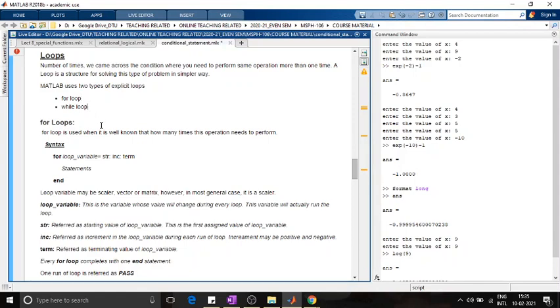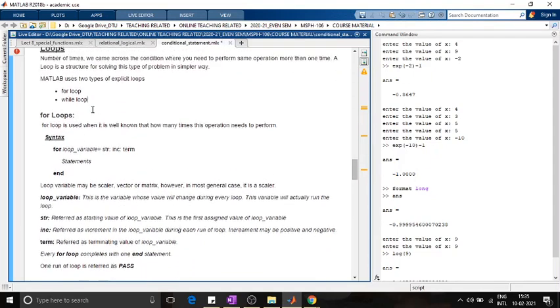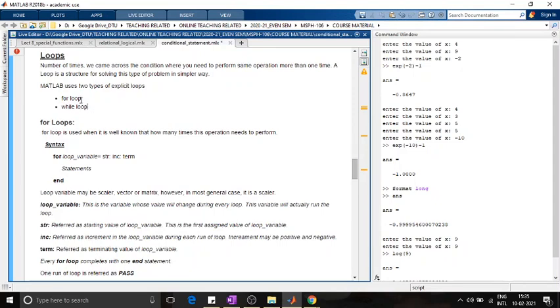I hope it is now clear to all of you what the two different conditions to run a loop are, and based on those conditions, two loops are given. The for loop is a loop which is preferably used when you know how many times you have to operate the same operation. So when the number of terms is known to you, in that condition you use the for loop, and the condition where the number of terms is not known but the condition is known, in that case you preferably